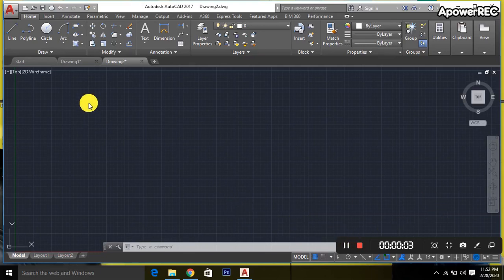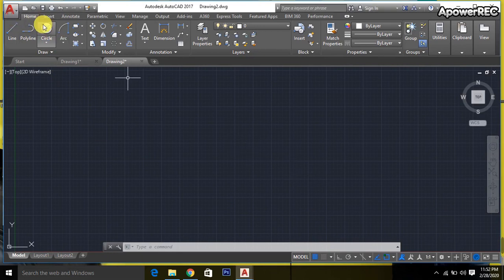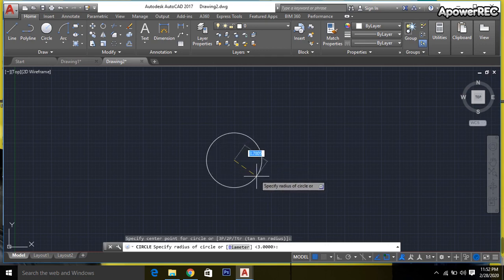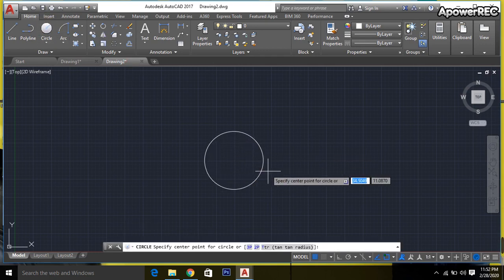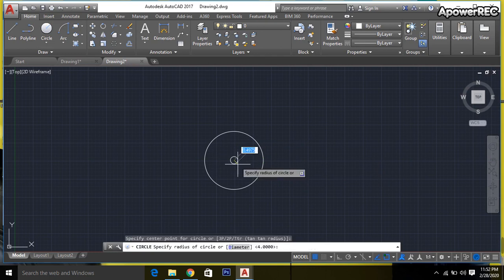Now I am going to show how to draw a fan in AutoCAD 2D. At first I am going to select the circle. Select the circle. The first circle will be 4 inch, and again select the circle, and the second circle will